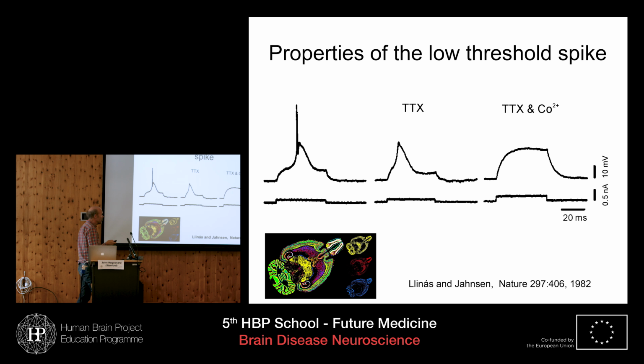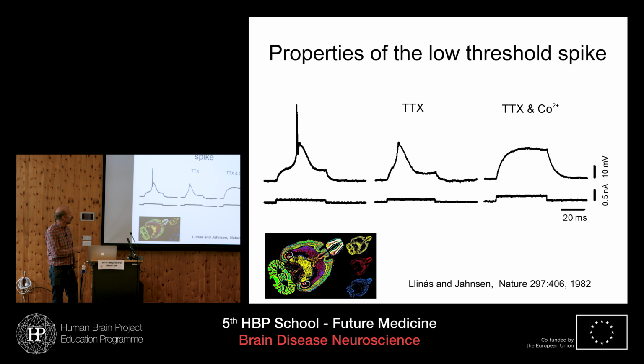So this was first described by Rodolfo Llinás and Henrik Jahnsen in the 80s. And what they showed, again with intracellular recordings, they stuck electrodes, sharp electrodes at that time, into thalamic cells and found this very strange form of electrogenesis. So these are now intracellular recordings. We're looking at the membrane potential of thalamic neurons. And when they injected a current in them to depolarize them, what they saw was this generator potential. You see this V-shaped, inverted V-shape that was produced in these cells, which was unique to thalamic cells.